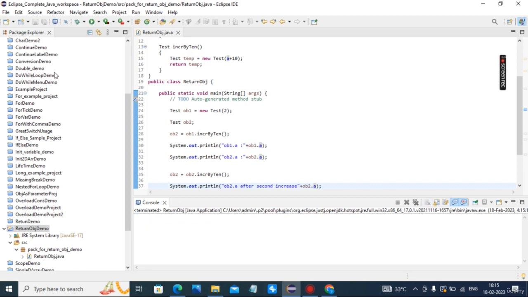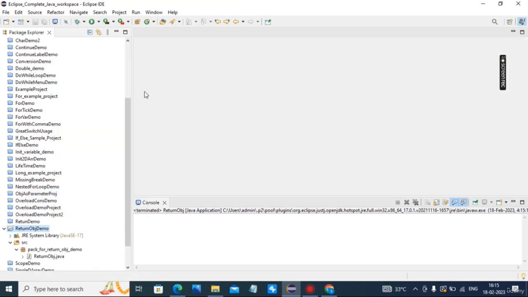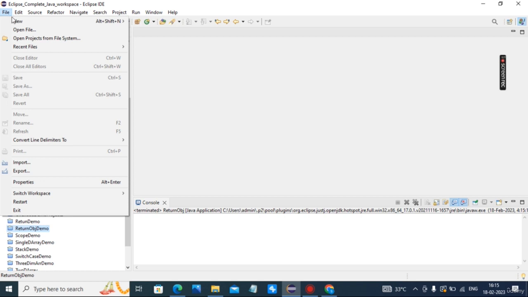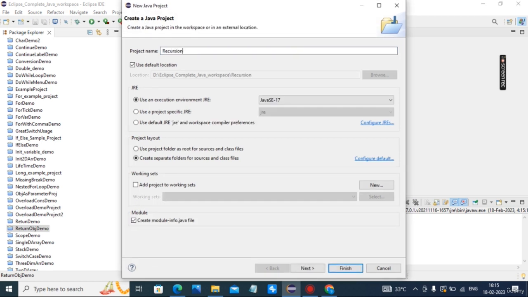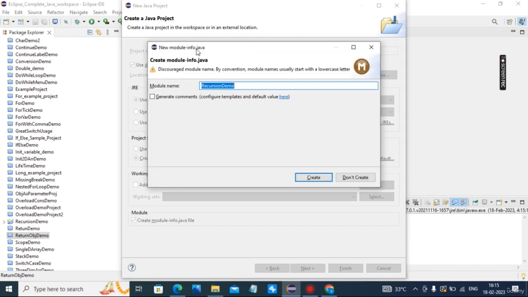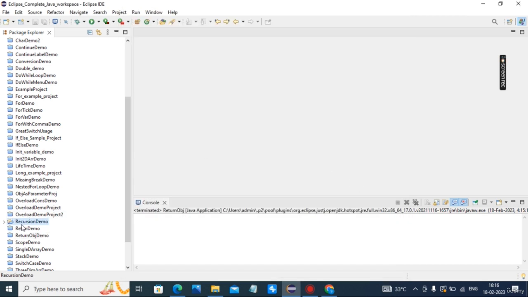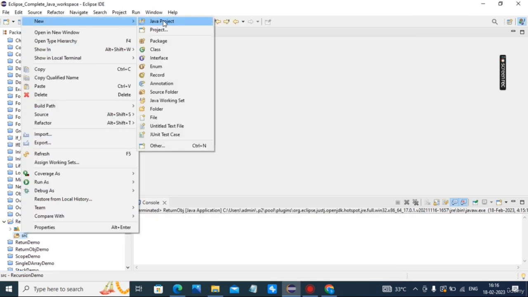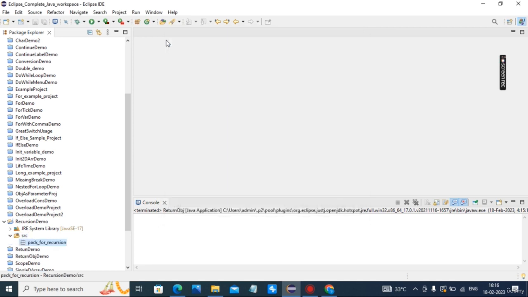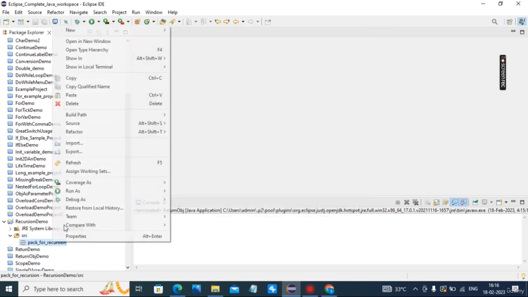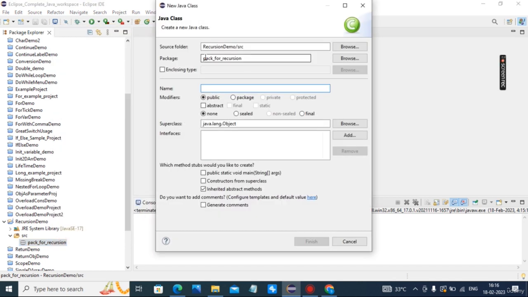This is an example for recursion. Class factorial, written inside this, with a complete static void main.